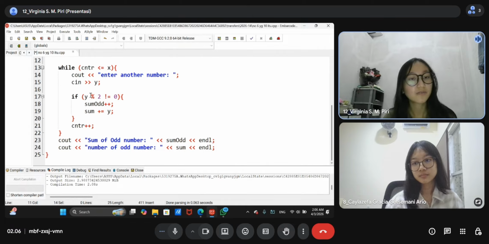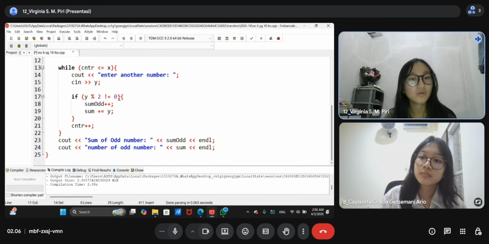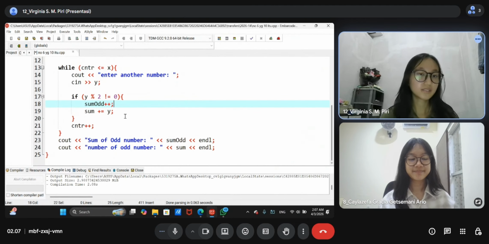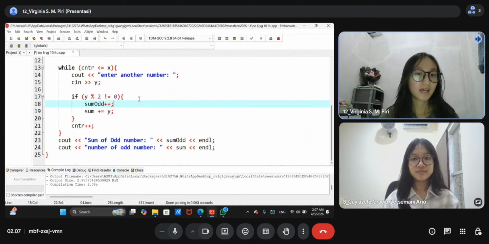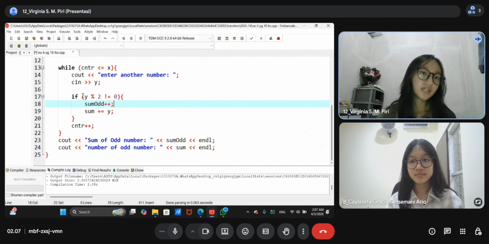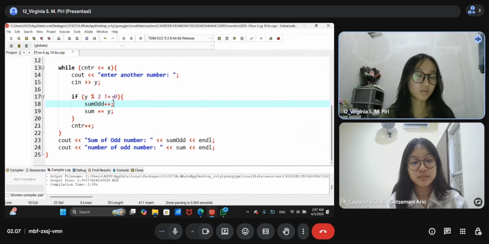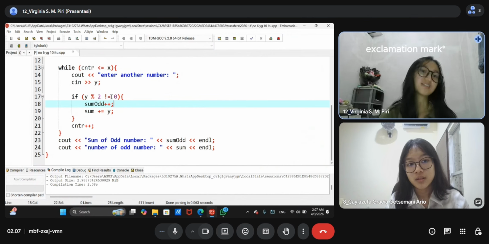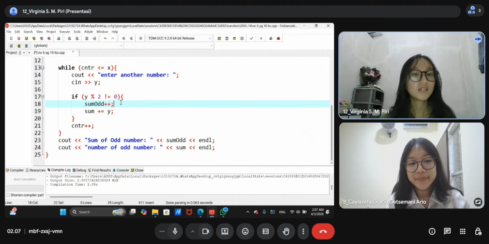And then we have an if here: if y modulo 2 is not equal to 0. This exclamation mark means not equal to 0.